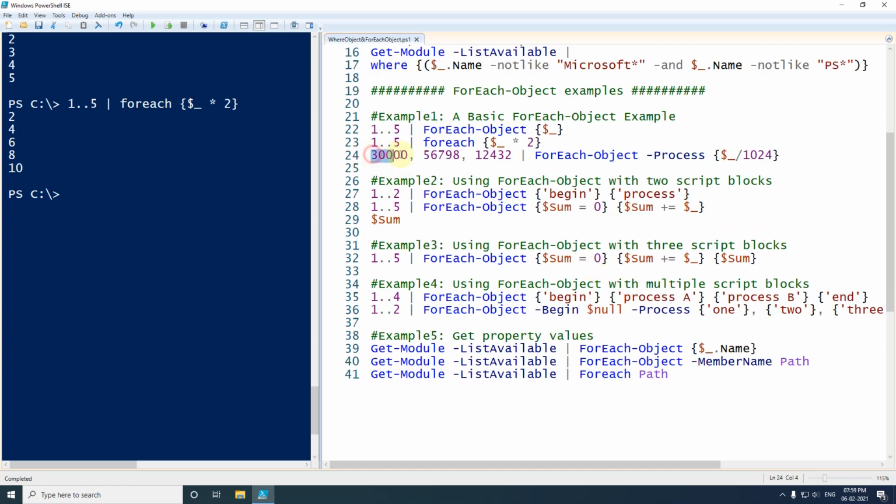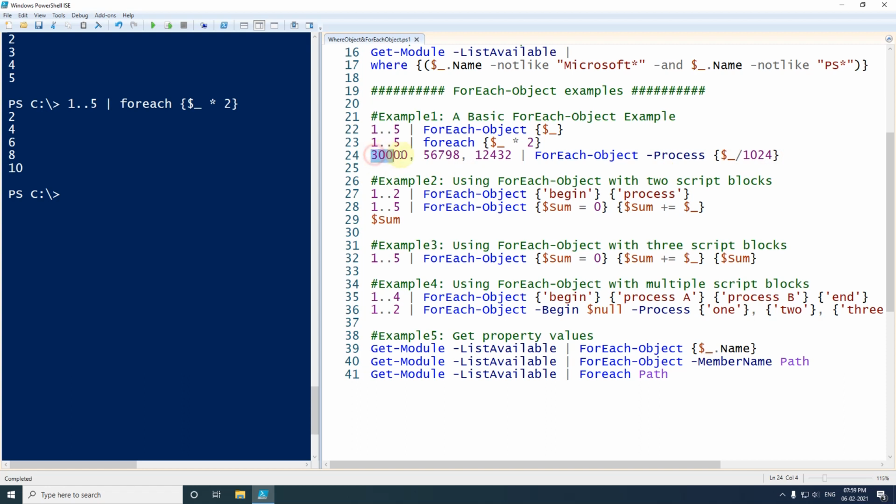Here I have again created one array, and again I am using ForEach-Object. This time you will see that I have used the parameter called Process. This is optional. If we don't specify it, it will still be considered as the process block. In this one I am dividing each element of the array by 1024.